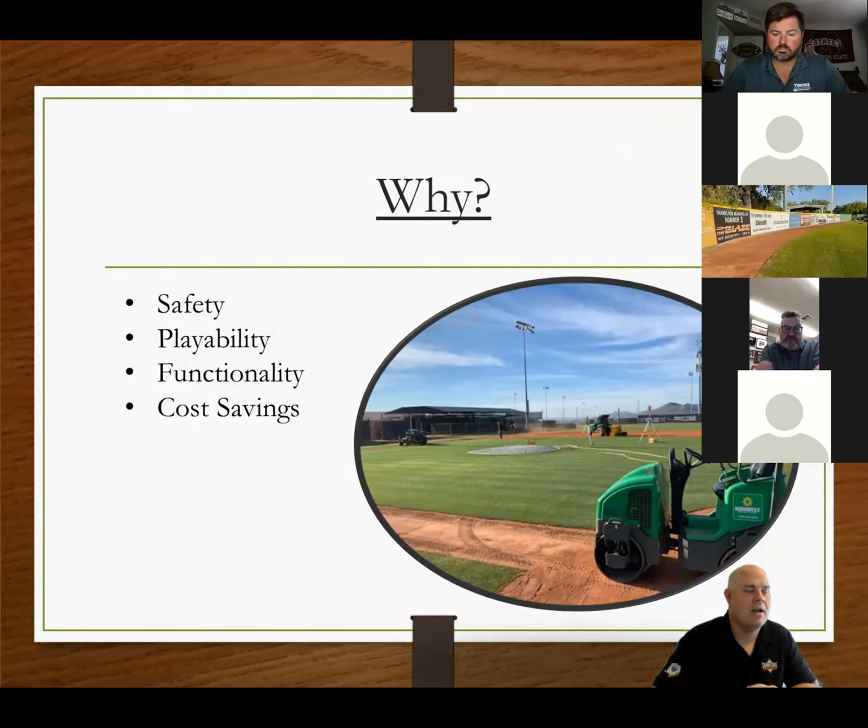It's a good question. Most of the time, it's usually just taking the standard infield mix and using that around your less high traffic areas. Those you'll manage just like you do with your infield skin. So whatever material you're amending on your infield mix, you're going to amend your baselines.